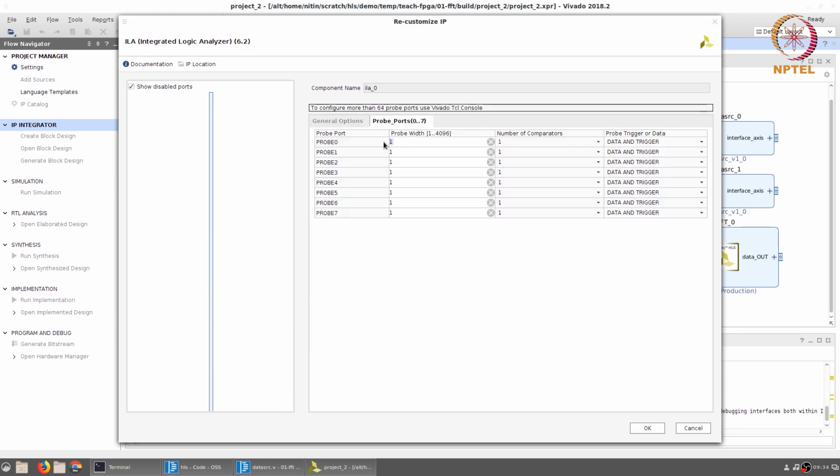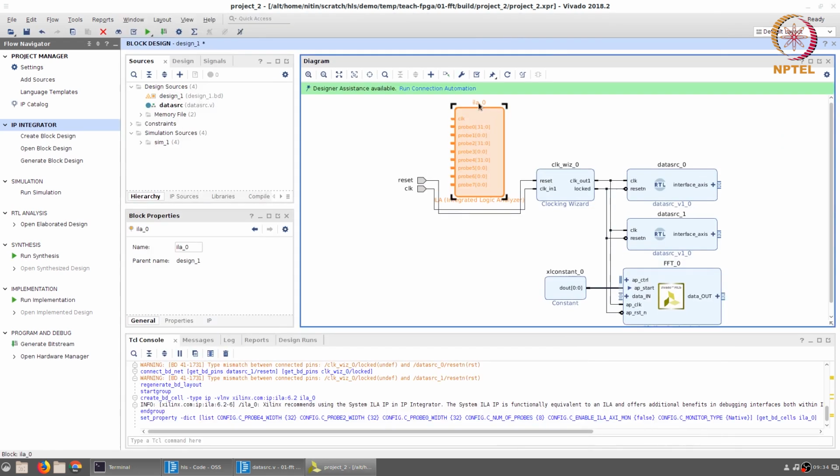What are the ports? The first one is going to be the data source and its corresponding valid signal. The next one is going to be the FFT output and its corresponding valid signal. And over here, I'm going to use the actual output of the data sync, the data source underscore 1, which is the expected output and its corresponding valid signal. Well, we don't really need to look at its valid signal because it's always going to be 1. The last 3 ports will be used to monitor the output signals of the FFT module itself. Okay, so now I have this over here.